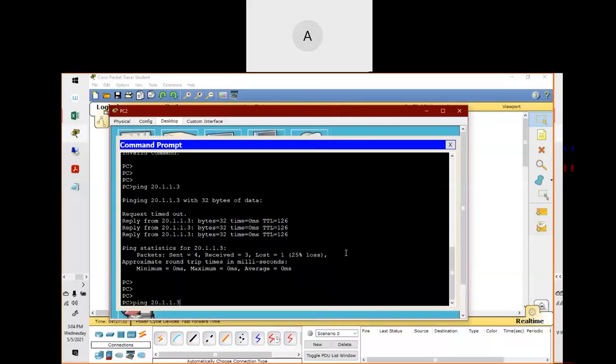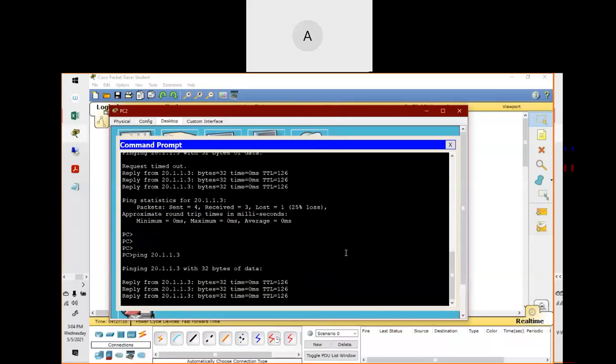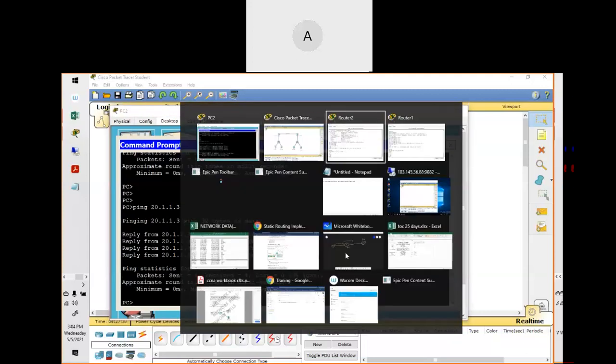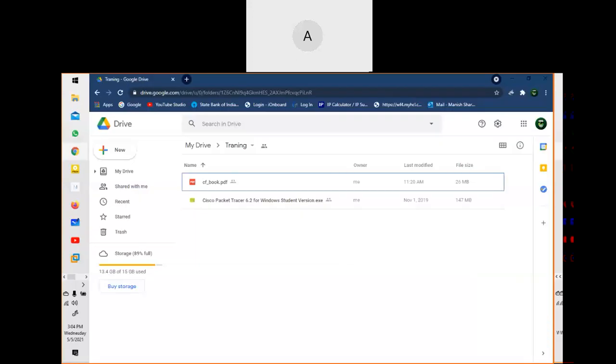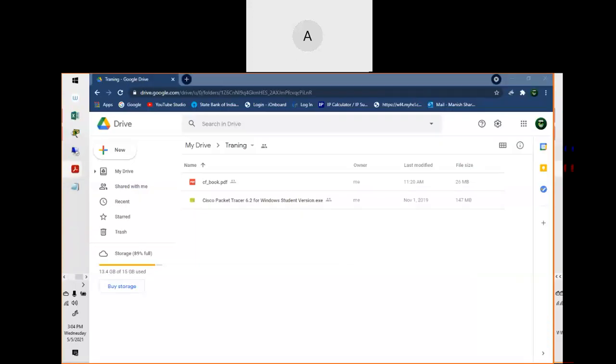Guys, so I'm going to give you one task on it. Let me find some scenario for you. And then I'll give you enough time to perform the static routing and the basic commands you have to run, right? So you just have to get hands-on with all those things.